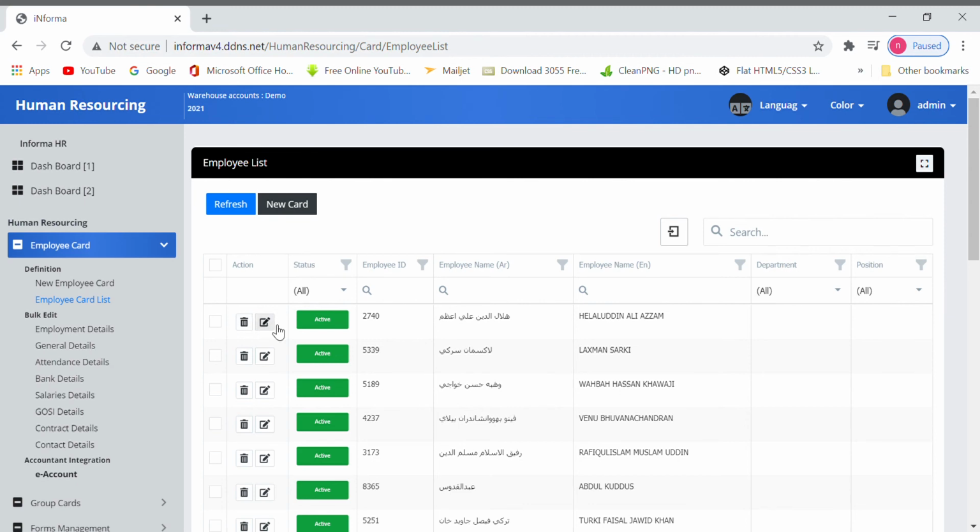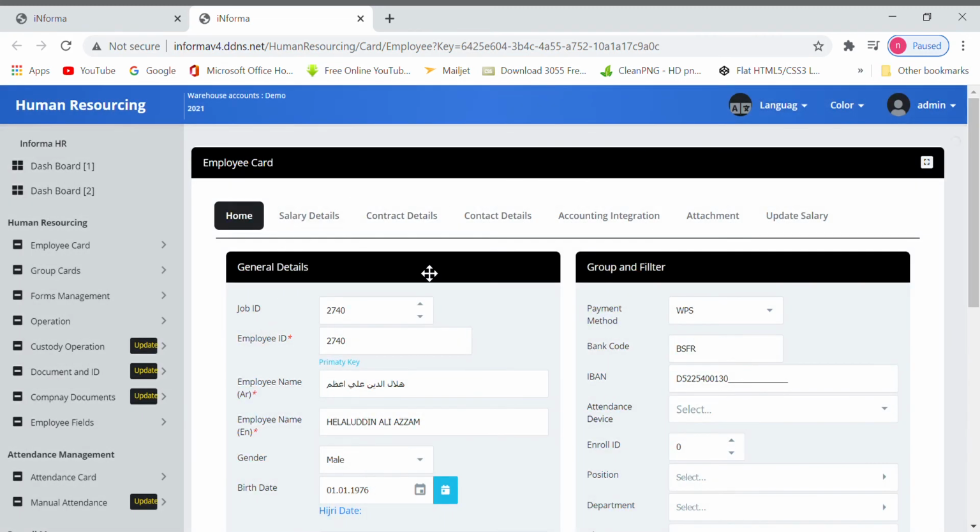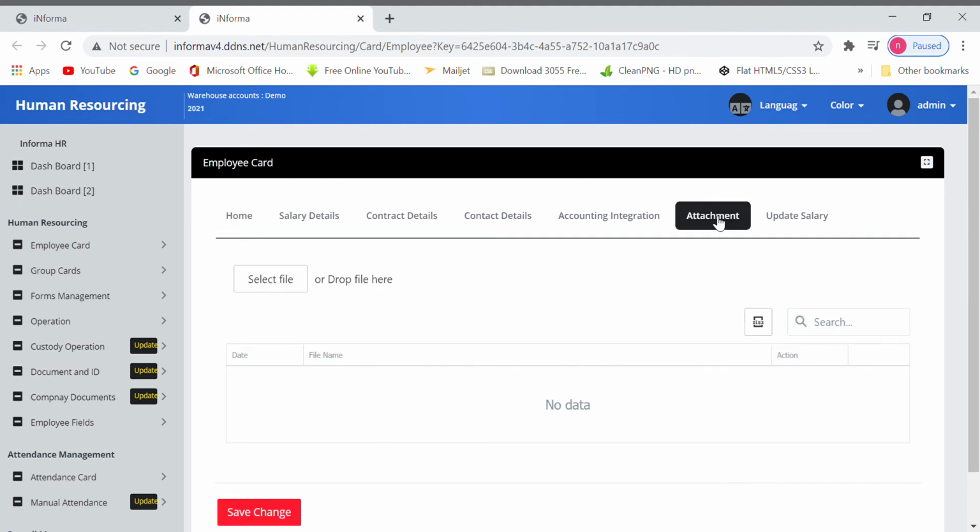If you want to edit an employee, you have to come here and you can edit the employee detail. The first time you add an employee, after that you can add attachments for this employee. In attachment you can add the qualification certificates of the employee, like 10th, 12th, graduation, whatever documents he has, you can upload from here.